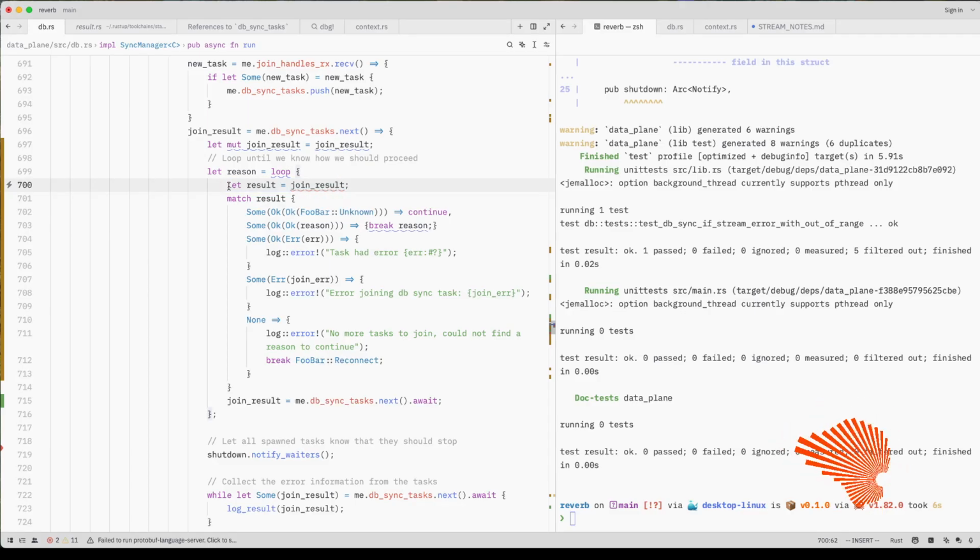Oh, I see. No, this is a me thing. Basically, we need to set result, but we run into the same trap. Even if we called this result,